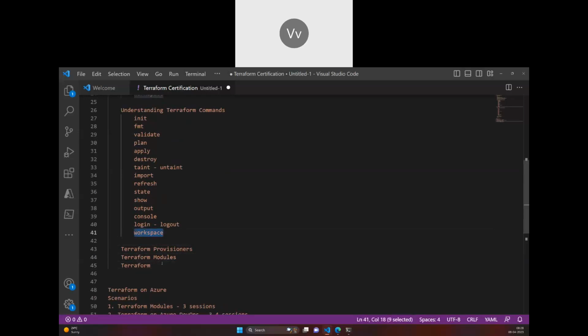So, did I cover workspace here? What will you talk about in Terraform workspace? I would talk about the usage of workspace in a broader sense. Here, I was trying to talk about the functionality of it, and with the terraform workspace command, what things can happen out of it.